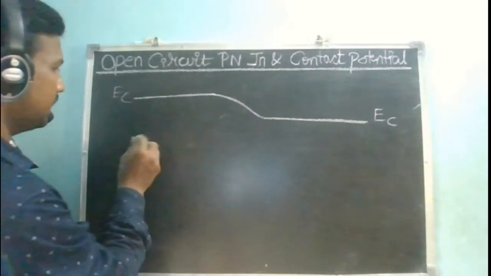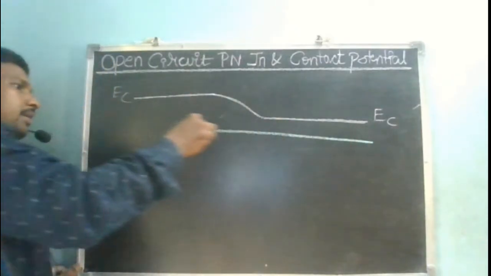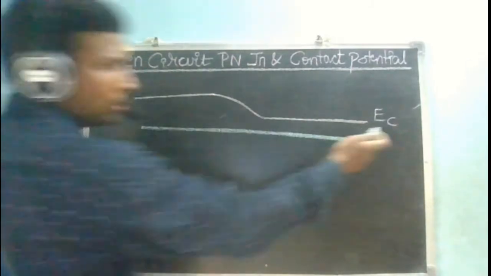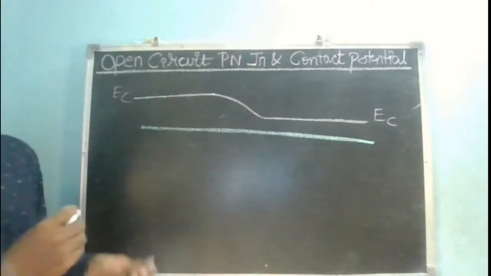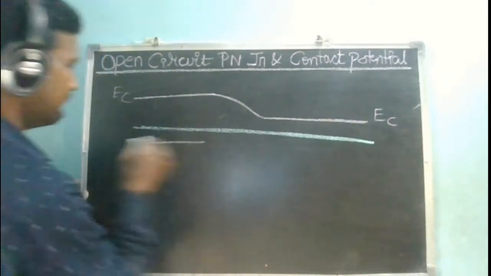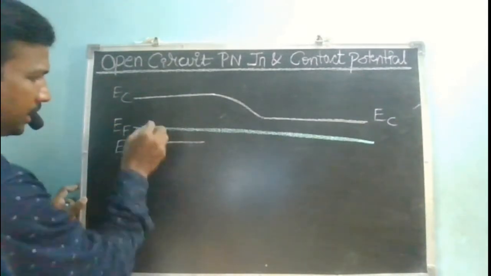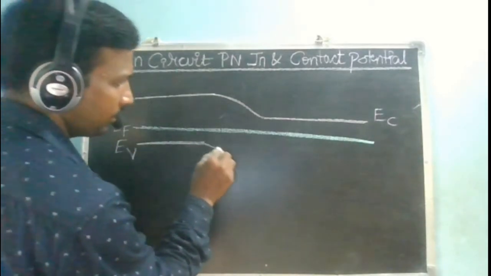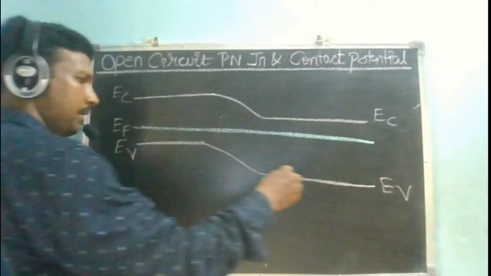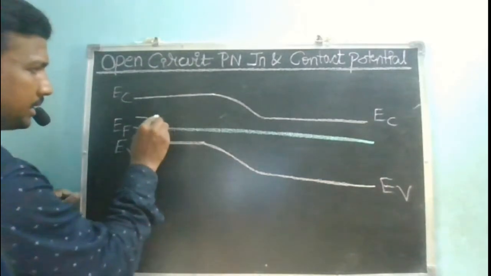First, I will draw my Fermi energy level, so that there will not be any confusion. So I have drawn my Fermi energy level. In an N type, my Fermi energy level is close to my EC. In a P type, my Fermi energy level is close to my EV. So if this is my EF, then my EV has to be close to this because it is a P type. So this is my EV, right? In between these two there is my intrinsic Fermi energy level.